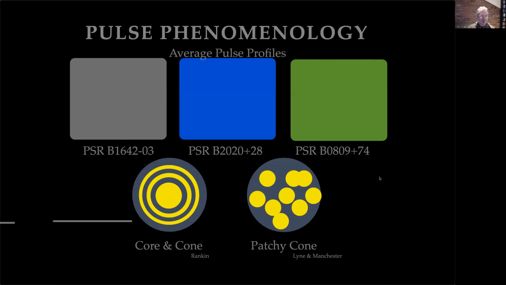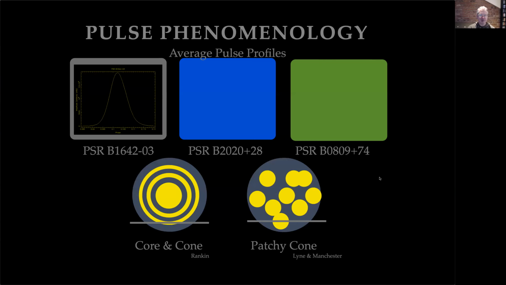So if our line of sight follows the gray lines that just passed onto the screen, you can see there are two options. One where we pass this so-called outer cone region, or one where we pass through one of these patches. And you can see that that gives us this smooth, almost Gaussian shaped pulse profile that is seen for this particular pulsar